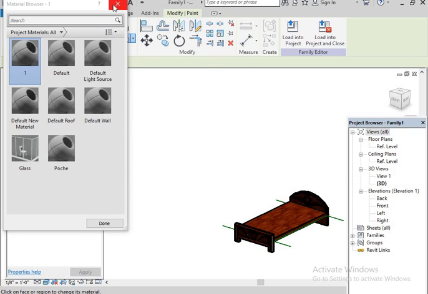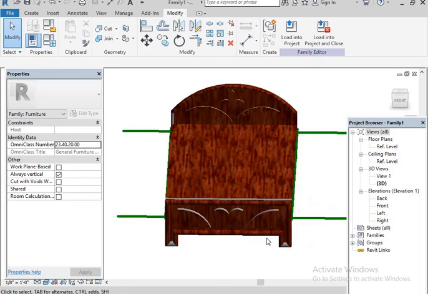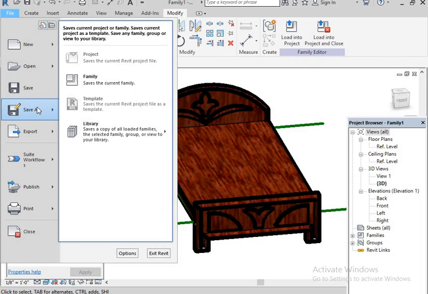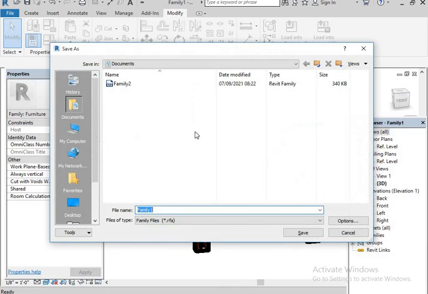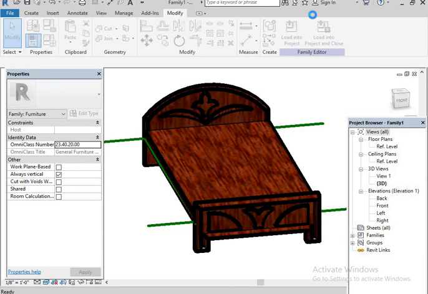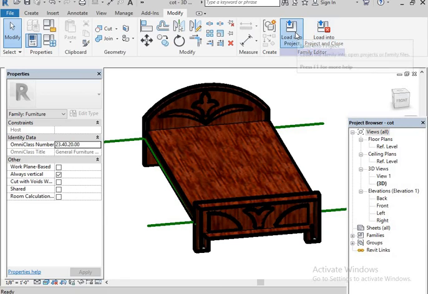So that's it. This is the procedure to make the cot. After that, go to File, Save As, Family. Here I'm going to use Desktop, cot, desktop, then save, then load into project.